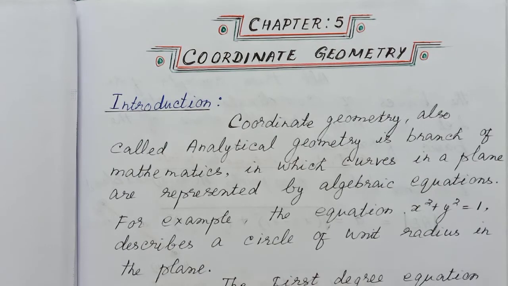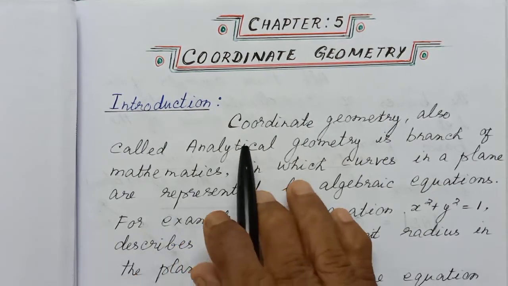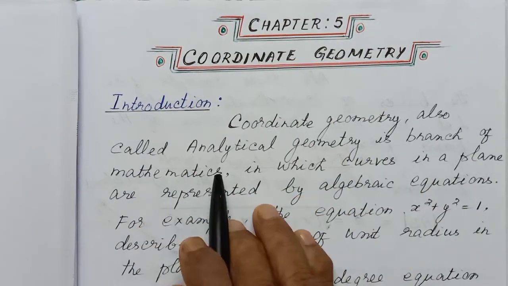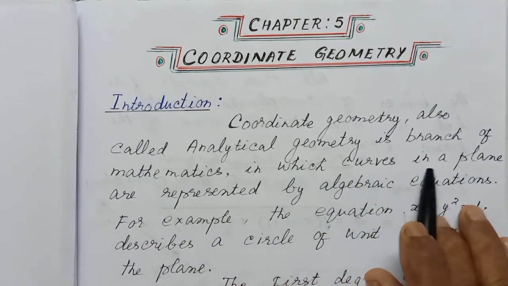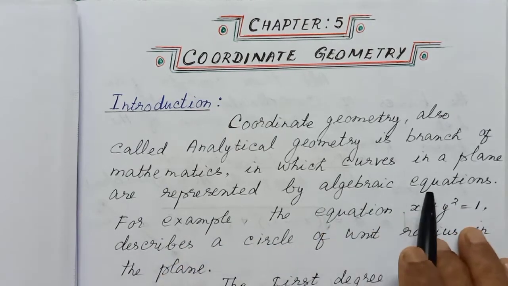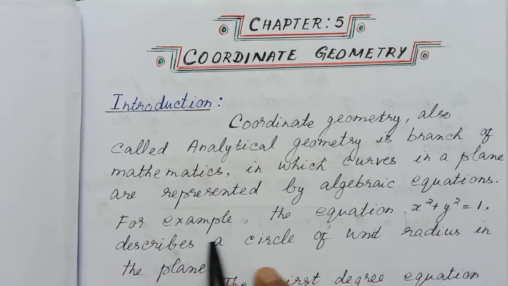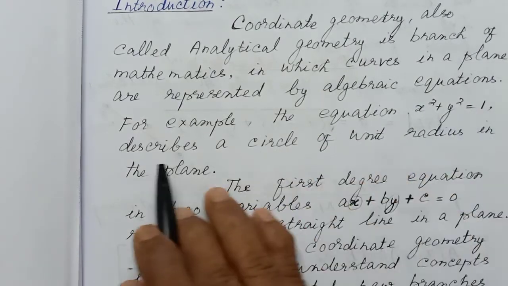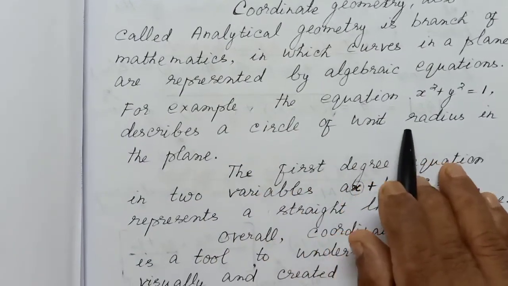Chapter 5, coordinate geometry, introduction. Coordinate geometry, also called analytical geometry, is the branch of mathematics in which a point or curve in a plane is represented by algebraic equations. For example, the equation x square plus y square equal to 1 describes a circle of unit radius